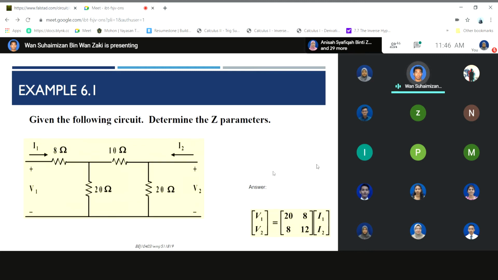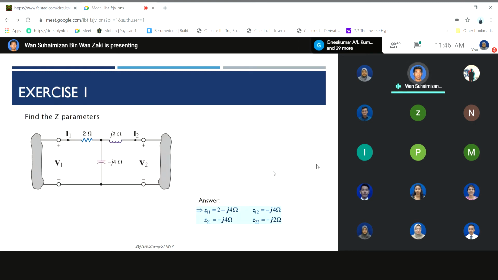So this is an example here. Basically, you will do this on exercise, on tutorial. Same thing here, the same concept you will apply. If you have